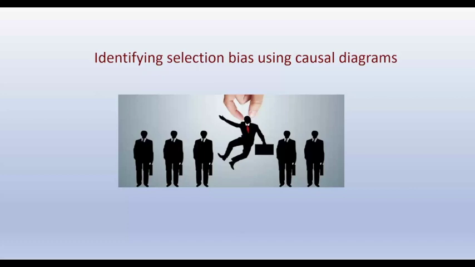I would probably say that after confounding, selection bias is the most important or prevalent bias that we deal with in observational studies. And this is what I call the man-made problem, because it's a bias that the investigators actually create. Whereas when we talk about confounding, it's something that is not under our control. We are given data sets that may have